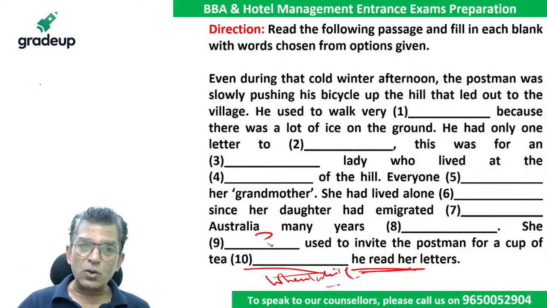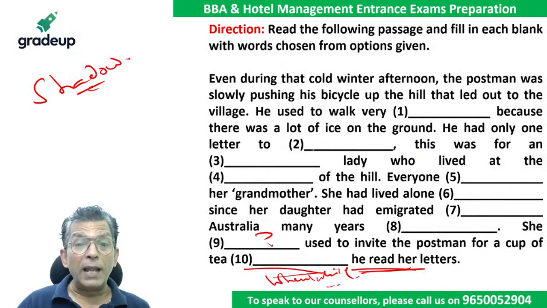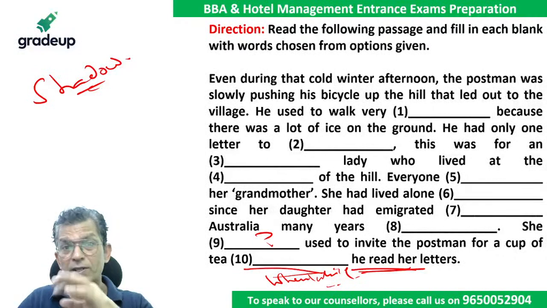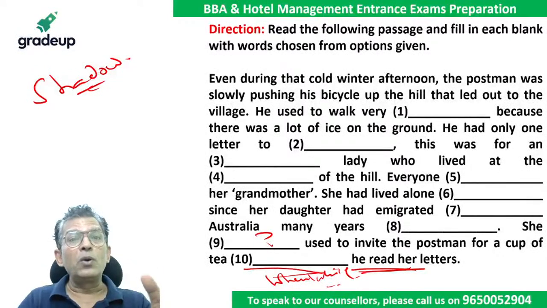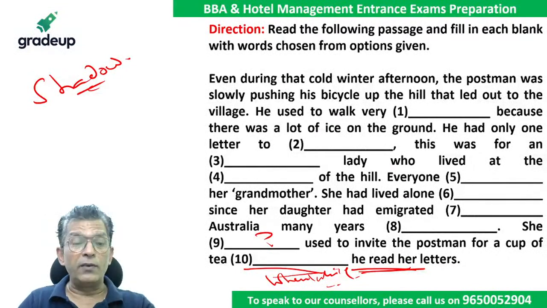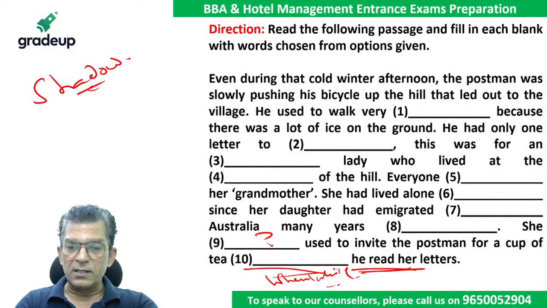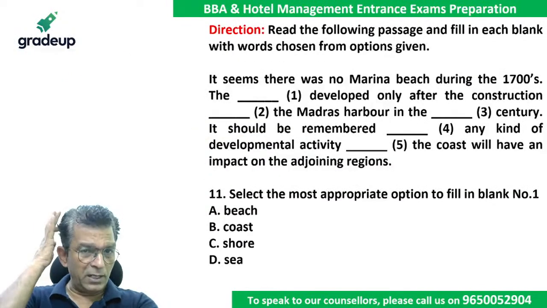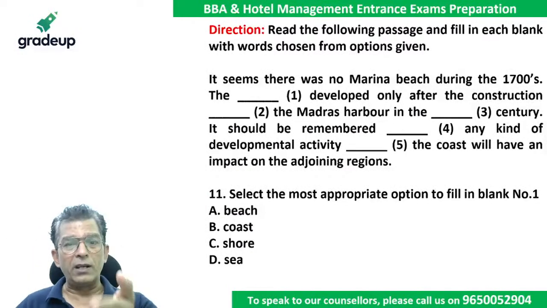गेसिंग जो करते हैं उसको we say that we are shadowing the blank, we are shadowing the blank, that is we are trying to run after the blank, we're trying to find out which word would be a fit, and then you go and see the options. You will never miss, you will always get the right answer. Okay, that's the best way to do it. ठीक है, अच्छा इसमें आ जाओ। It seems again the options are given here itself, so we can actually see